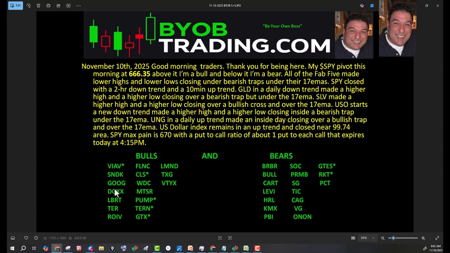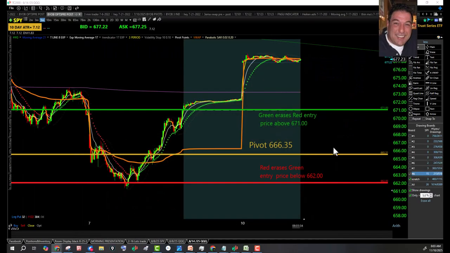By the way, all of these are in daily uptrends over the 17 EMA. They've got a little star next to them. They're building out a launch pad or bull flag from which to launch higher. All of these are in bearish downtrends under the 17 EMA. If they've got a little star next to them, that means they're building out a platform from which to dip lower. So these are in bear flags, these are in bull flags. Star here, bear flags; star here, bull flags. Take a look at those if you want.